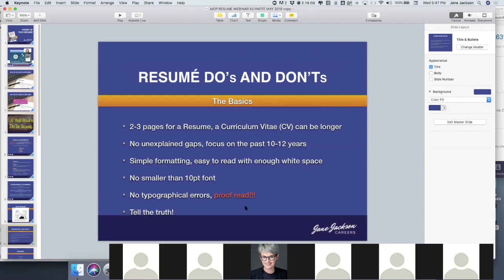All right. Please proofread, because you're all professionals, okay? Admin professionals who are very detail oriented. And if you say you're detail oriented and you notice that there's a typo in your resume, that means you're not that detail oriented. So please make sure you proofread and get someone else to read it too, because, you know,